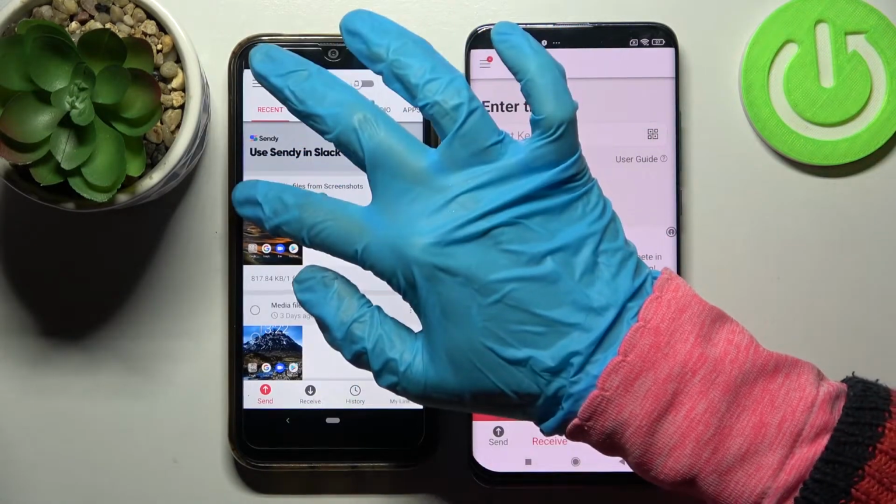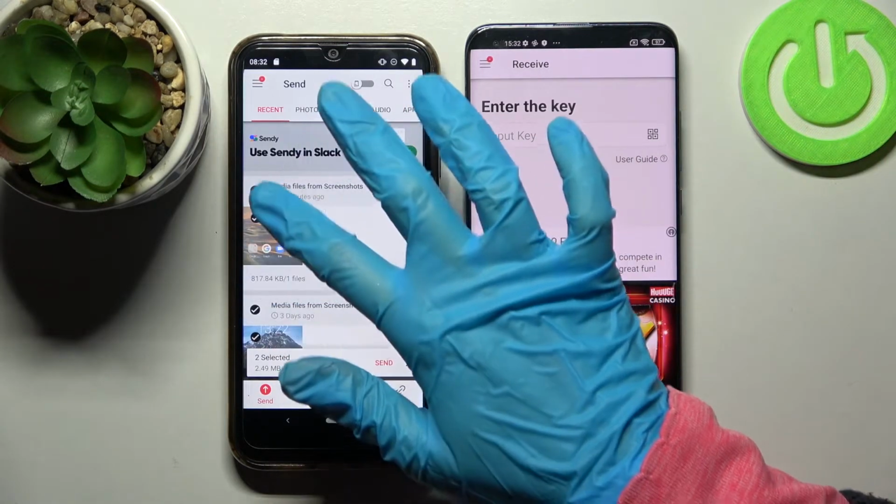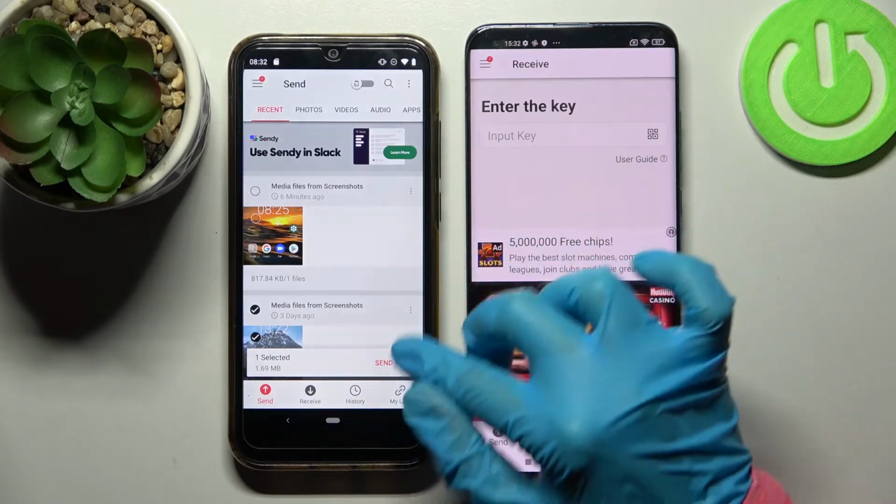Then you need to tap on all of those type of dots and select send. This way you'll select all of your files and transfer them later on. It will take a long time though, so I will go with one file, just send and tap on got